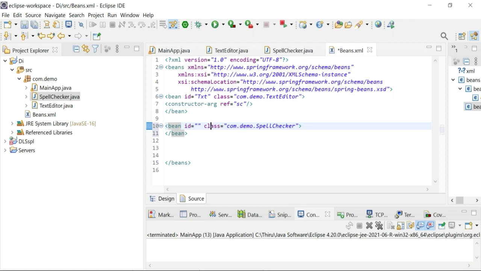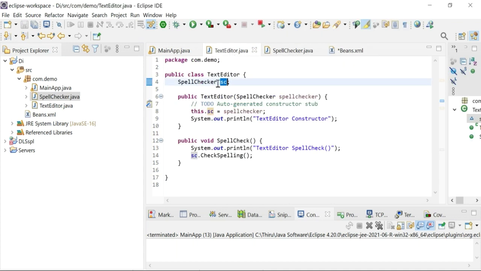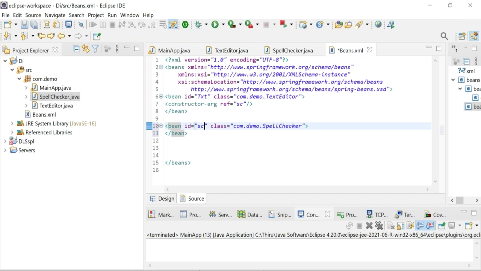Here for this spell checker, the object is assigned in the ID attribute. Go to the text editor, already you have given sc, right? So I can give sc. That's it. So we have defined the text editor bean and then the spell checker bean.